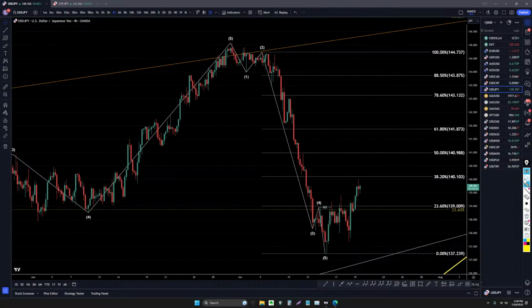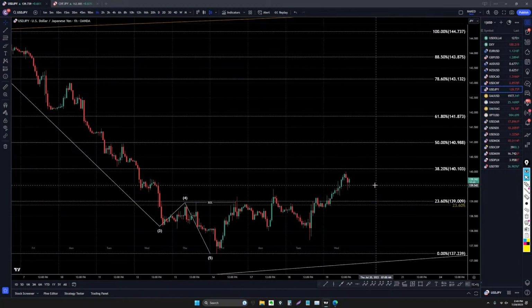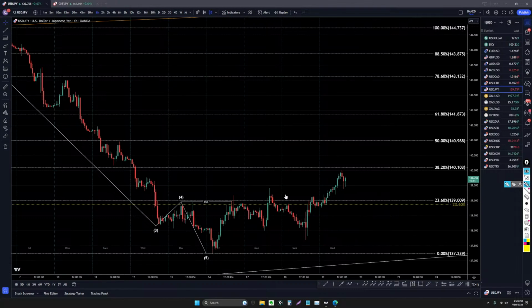So, taking it down to the 1-hour time frame. On the 1-hour time frame, I definitely would be looking for long still. Look at some of these pullbacks. 1, 2, 3 waves down, go long. 1, 2, 3 waves down, impulsive up, go long. Even right here, there's a little 1, 2, 3 wave pattern. So I am definitely still looking for longs. If I see 3 waves down, if I see impulsive up, I would definitely still continue to look for longs. I think it's going to make its way up to at least one of these higher Fibonacci levels on the higher time frames, which tells me that there's a good chance that it will